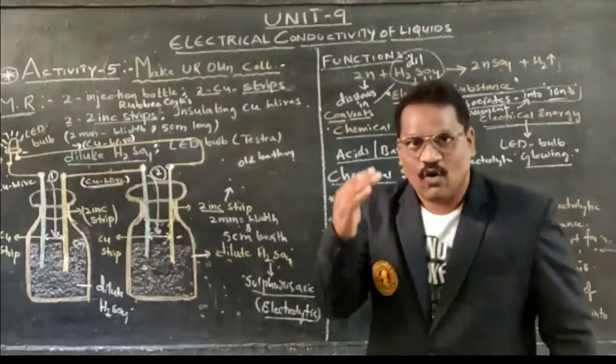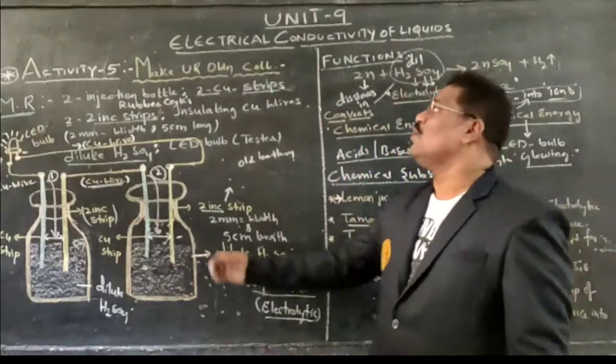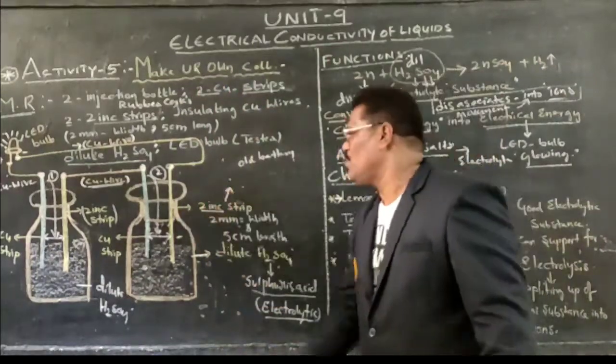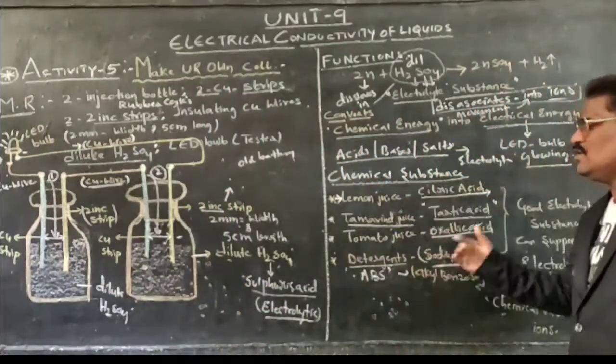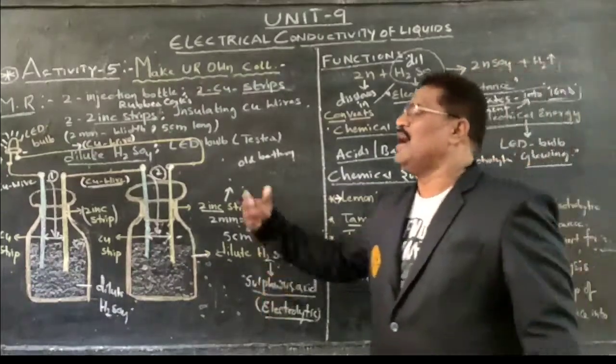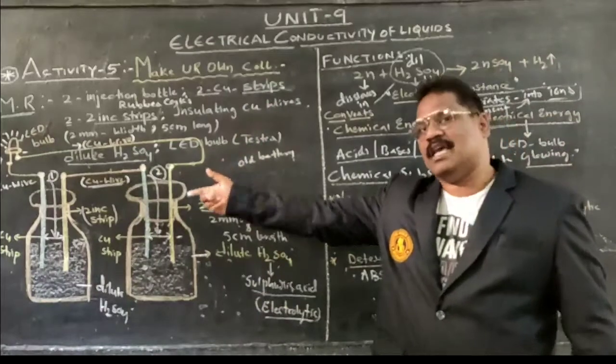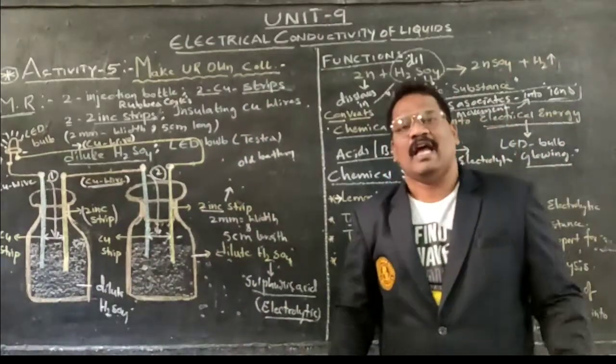In this way, we can construct our own battery by using activity 5. At home, you take any one of these solutions and prepare it by yourself, which can also work as a cell. By this we have completed our activity,